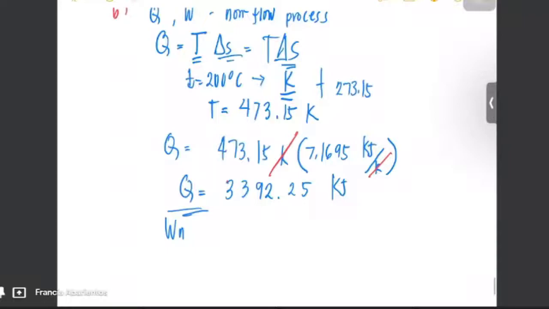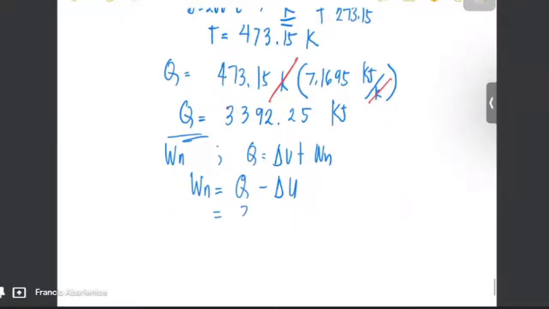sa non-flow, gagamitin natin yung simple energy equation natin na Q is equal to the change in U plus the work of the non-flow. So we have now the work non-flow is equal to Q minus the change in U. We have solved this, the 3392.25 kilojoule. Take note class, magiging domino effect na to. Pag mali ka pa lang sa interpolation, mali na lahat ng solution mo. Kaya, please be careful. Minus the change in internal energy,